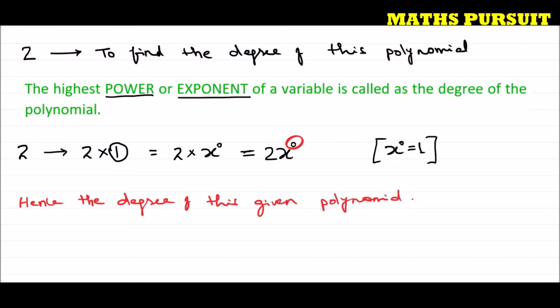This is very simple and very straightforward. We just need to consider that if a single number or single digit is given, for example here it is 2, then it is 2 into 1, and we very well know that x to the power 0 is equal to 1. Here I considered x, but instead of x you can consider any variable, x, y, z, a, b, c, and you can answer this question. Hope guys you understood this.